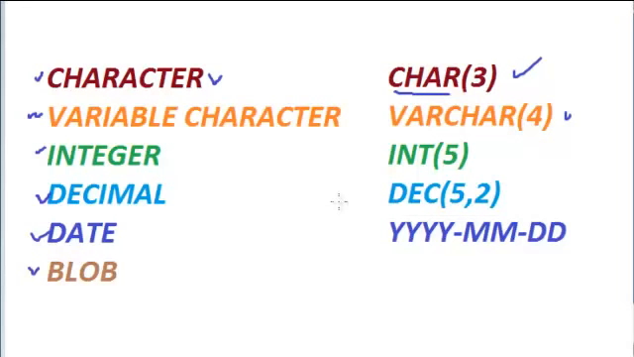Characters are pretty much letters, alphabets, and symbols, special symbols like asterisk, percentage sign, ampersand, all this. And there is a variable character also. Now, variable characters also store letters, alphabets, symbols, but there is a little difference between character and variable characters. Variable characters are pretty much, you can say, they are dynamic. Dynamic in the sense is that,